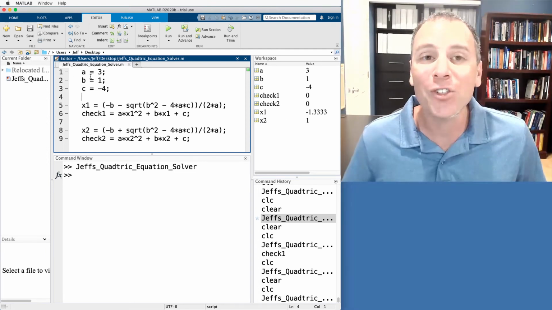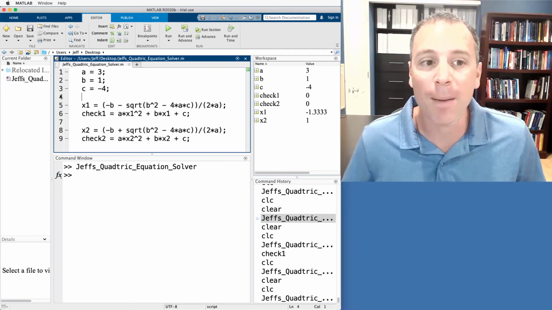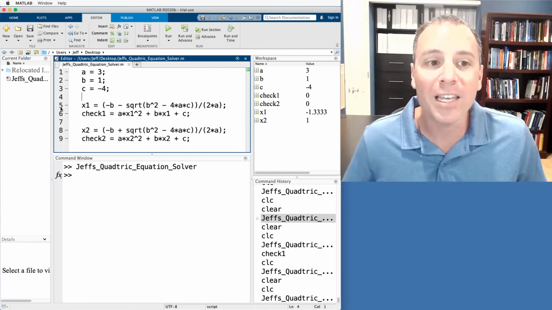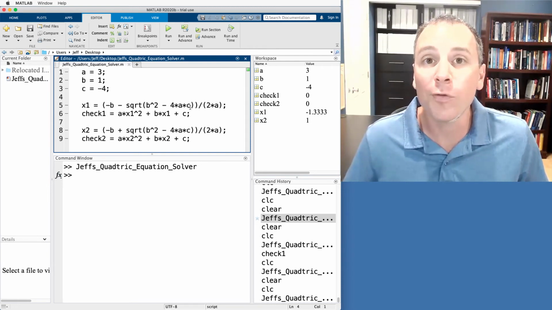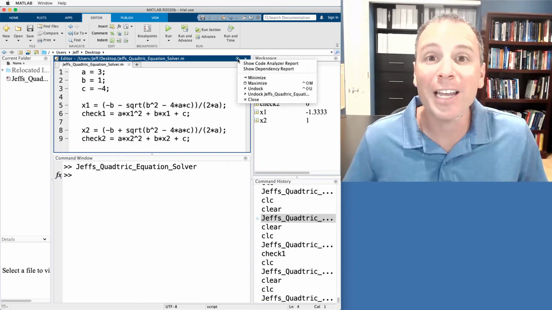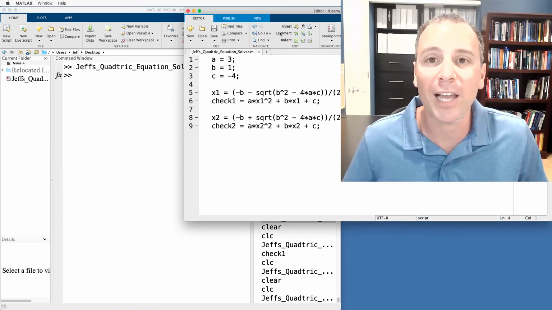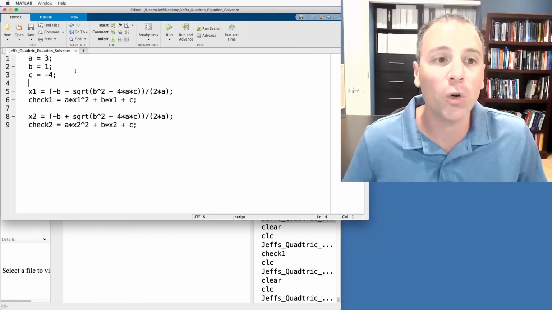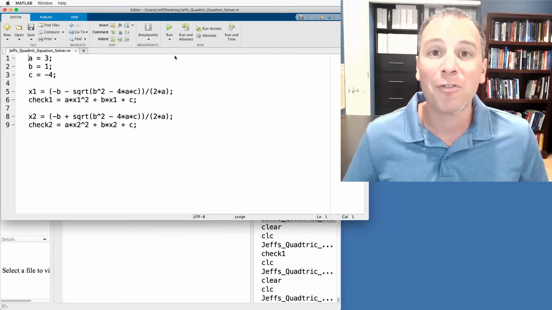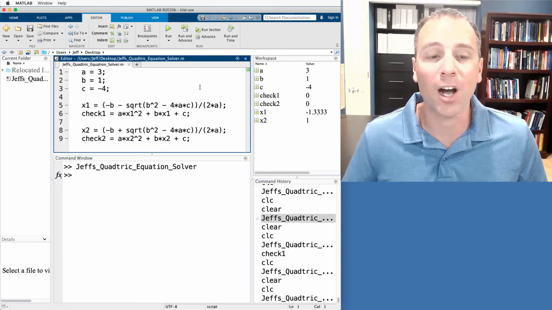One feature of the editor window that I want to call out are these numbers along the left-hand side, 1, 2, 3, all the way down. Those are line numbers. In other words, this allows me to refer to specific lines of code. So for example, if I said, viewers, please take a look at line 5, we could immediately go down to line 5 and see what that code reads. This is super useful to be able to debug code and then break code into sections. Another thing that I can do in my editor window is actually undock this, which allows me to think about editing MATLAB code using the entire screen, which is kind of useful. Of course, we could also redock this by just putting dock the editor.